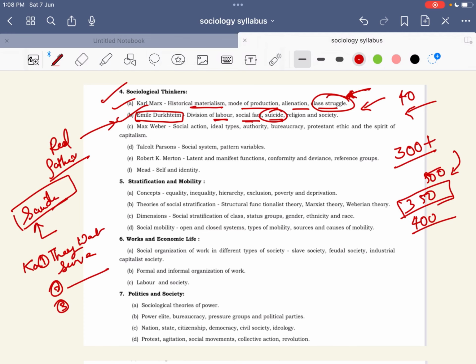But the real thing is that a human is a sociological animal. Okay, what is human? Human is a social animal. And when he is a social animal, he is living in the society, and he is living according to the norms of the society. Understand what I am telling? He is living according to the norms of society. And when he is living in the society, he requires to be rewarded by the society. Okay, he requires to be honored by the society.